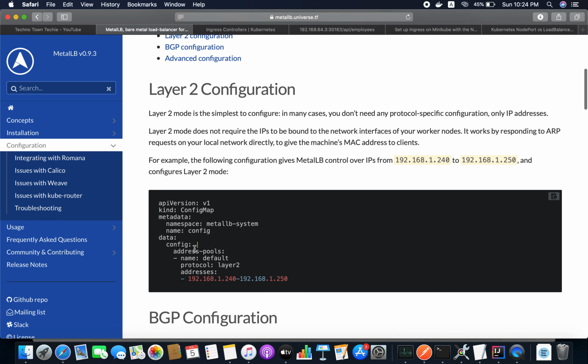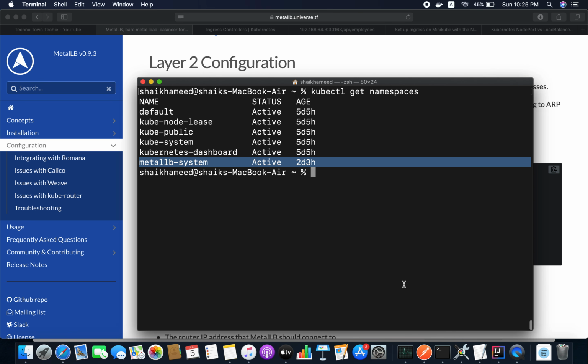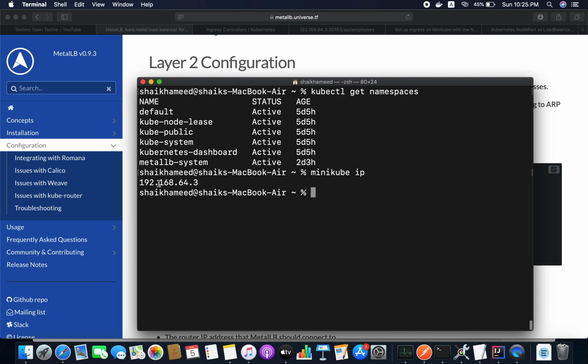Basically, here we have a config map which will have some range, that is 192.68, like 240 to 250. You have to define your Minikube IP address range. So let me check the Minikube IP. This is my Minikube IP address.